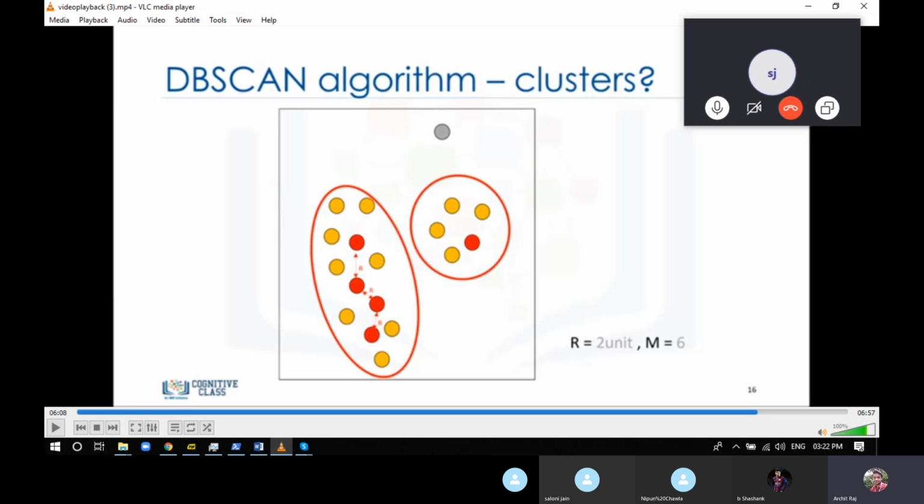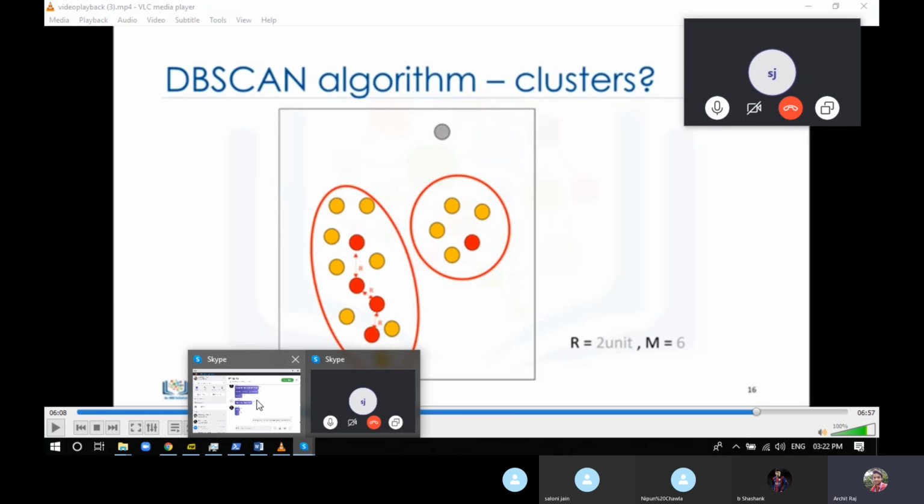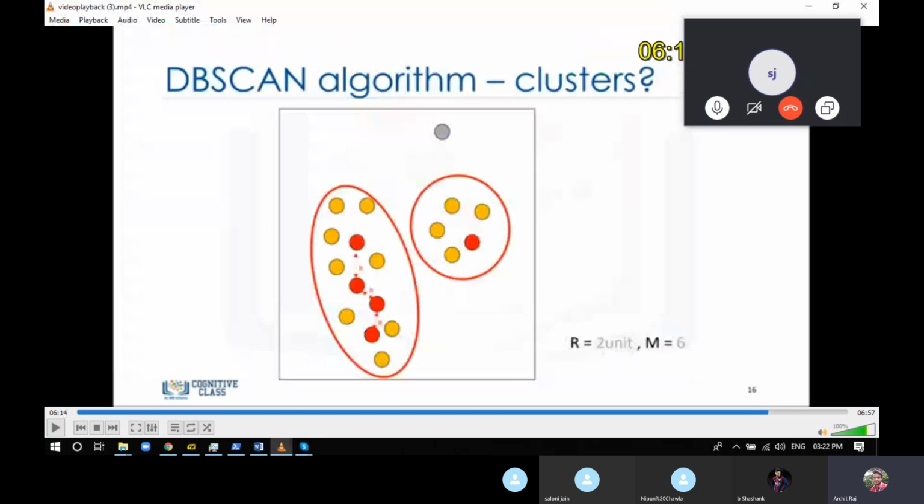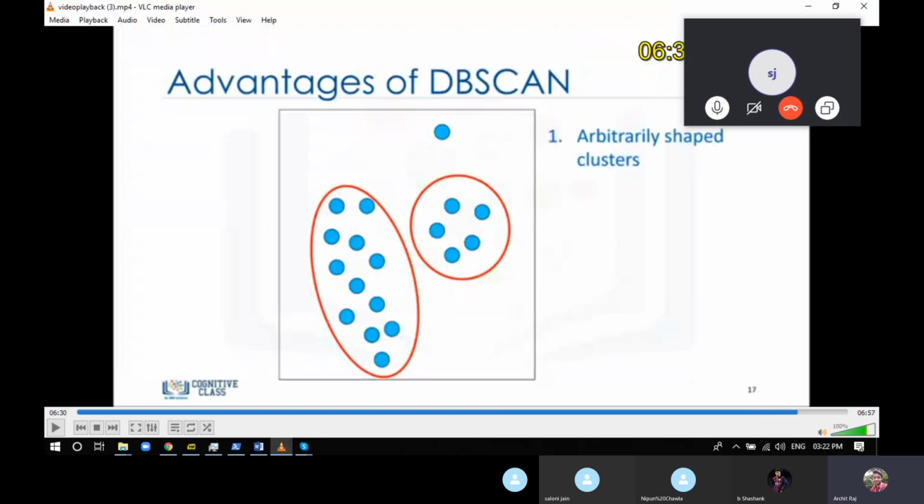That's the biggest advantage of DBSCAN, that it can find a noise point or an outlier and just leave it as it is. It does not try to fit any cluster for that point. This is how DBSCAN exactly works. There are some advantages of DBSCAN: it finds arbitrary shaped clusters, as we studied in the first place.